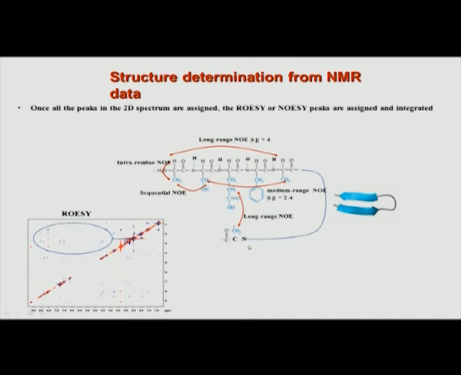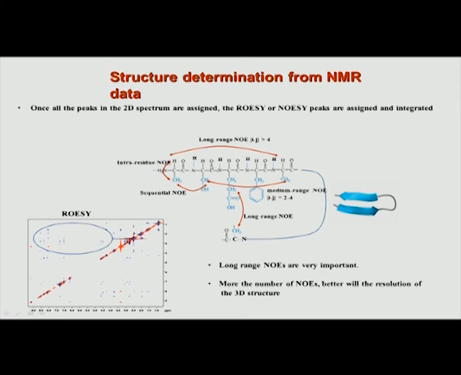So, this is what is done from the NOESY spectrum: you have to look at all the different NOEs, and out of all of them the long range NOEs are very important. Why? Because they are the ones which help you to nail down the real geometry or structure of the molecule. The sequential and intra-residue NOEs are definitely also useful, but they are not going to give you much information because the structures of amino acids are anyway known to us. The distance between these two will not change much whether it is in an alpha helix or beta sheet, but what will change is the distance between this and a far away residue. That distance information comes from long range NOEs, and that is useful.